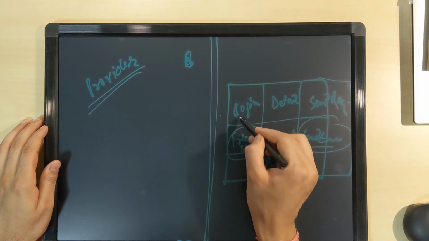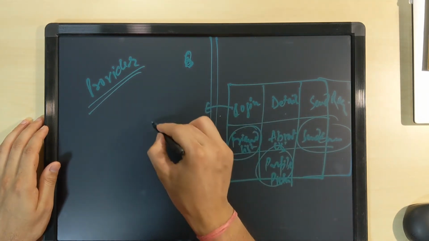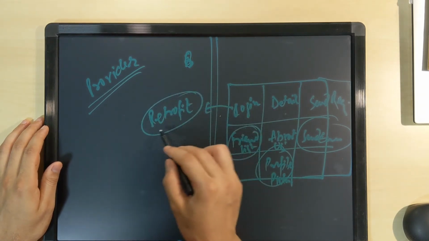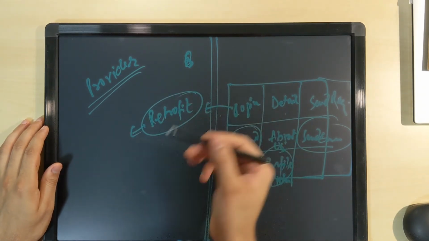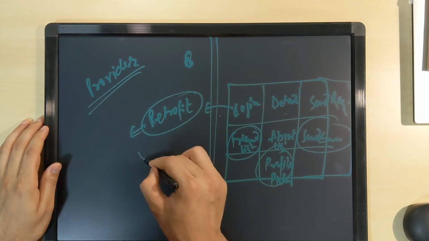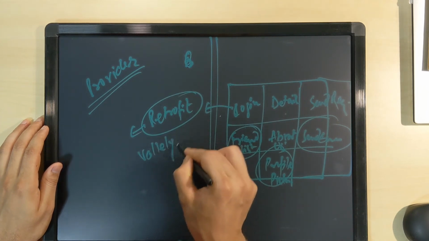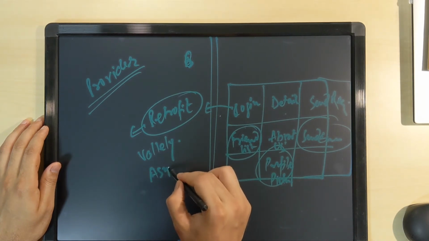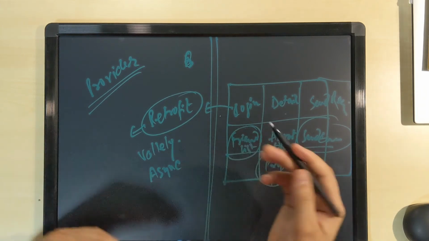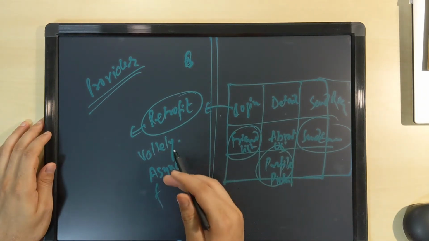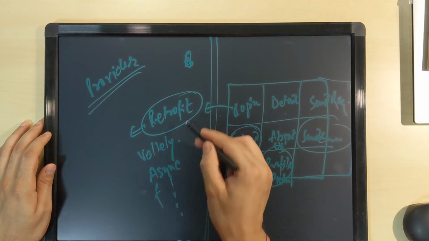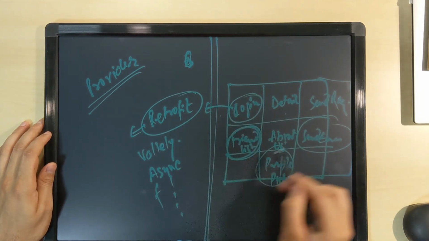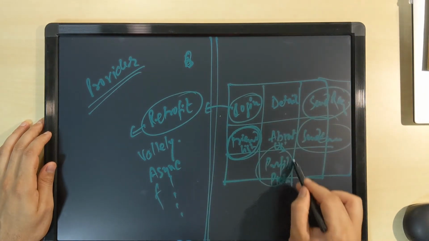So just take here, this is the login screen, then definitely you have to use retrofit. It doesn't matter that you are using retrofit, you can use anything like volley and async, any other library you can use. So to hit API here, to hit API here, to hit API here, and to hit API here.